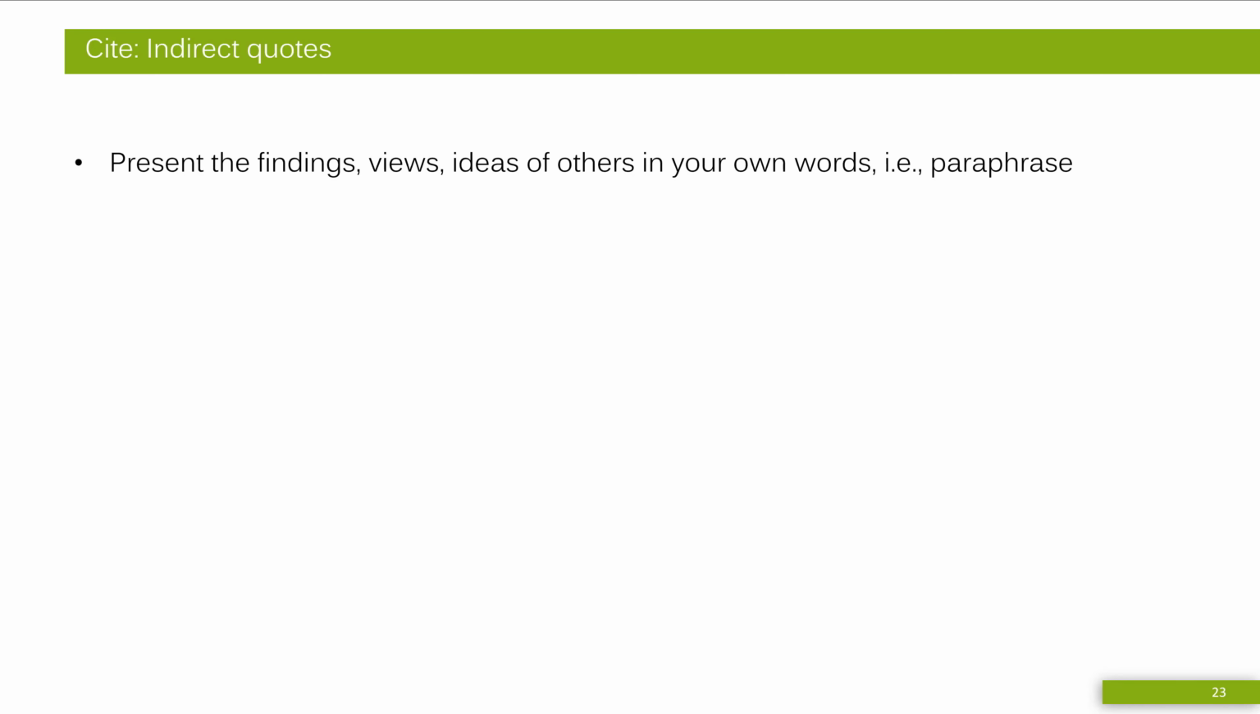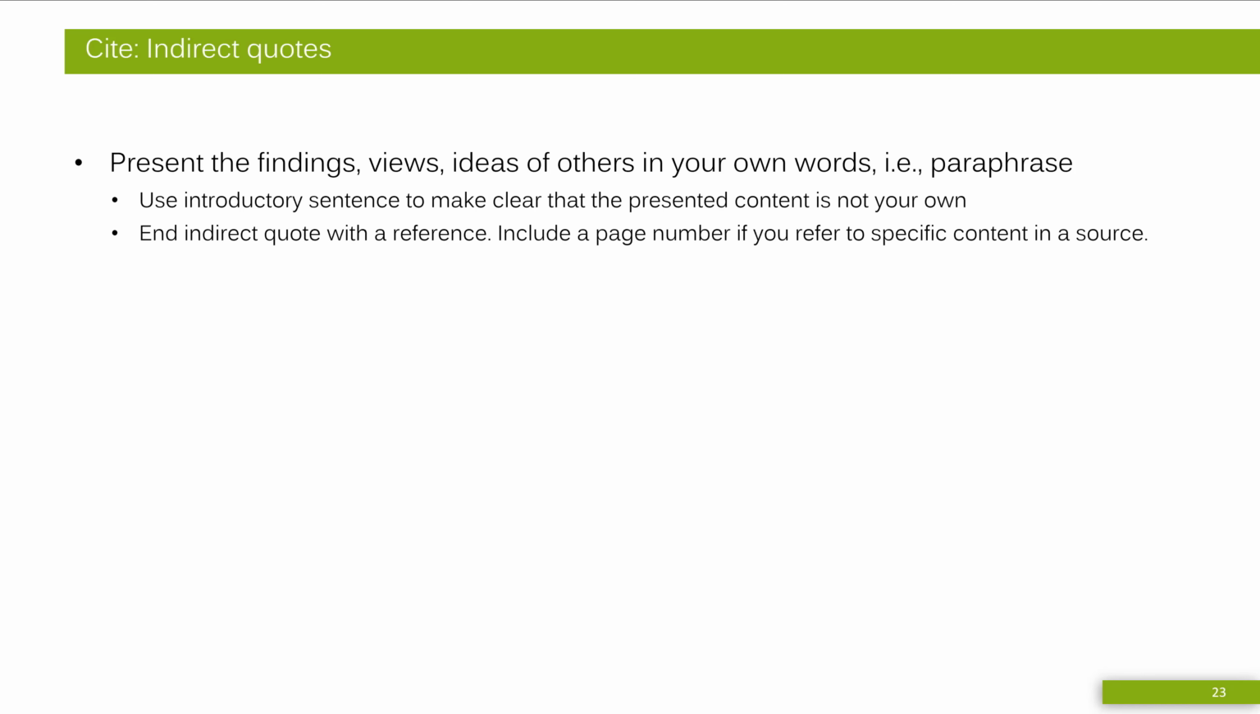When there are direct quotes, there must be an opposite part, which are indirect quotes, and this refers to all quotes where you paraphrase the findings, ideas, views, statements that other authors made in their papers in your own words. To do that, you again use an introductory sentence that makes it very clear that the following content is not your own. And again, you would end an indirect quote with a reference depending on whether you refer